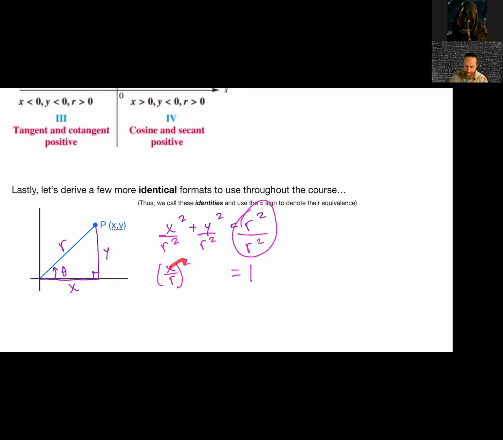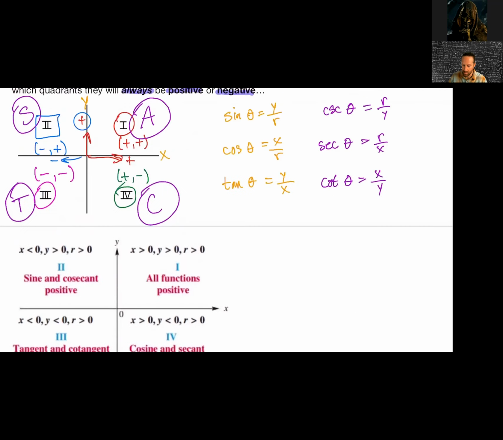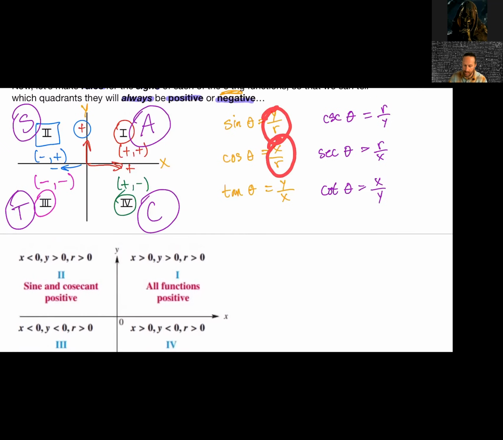I can do that because that's still just each of these things being squared. And I'm going to do the same thing here. And hopefully you guys now recognize I got some stuff that we should know, namely an x over r and y over r,